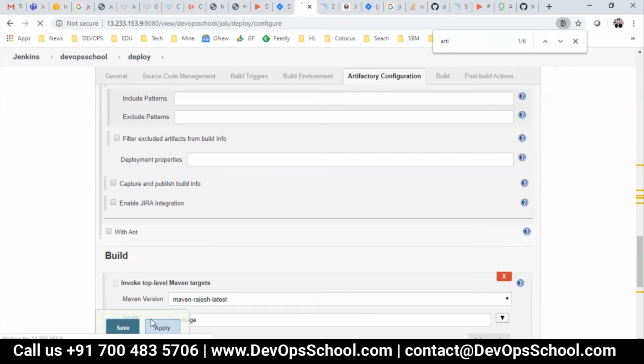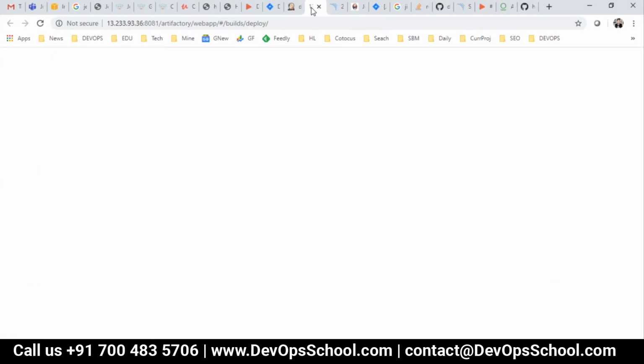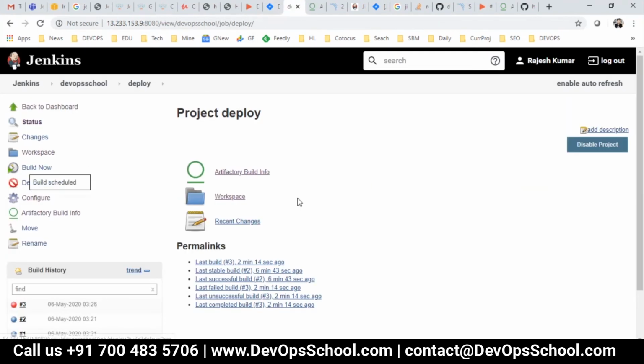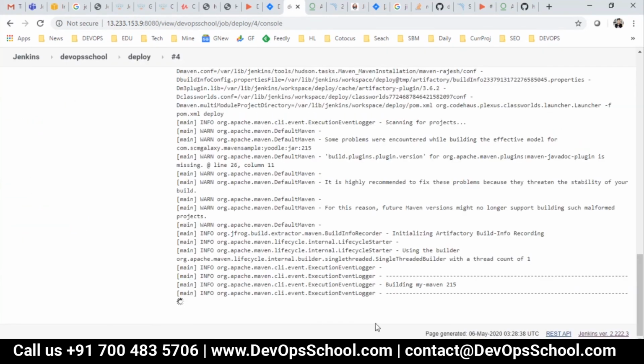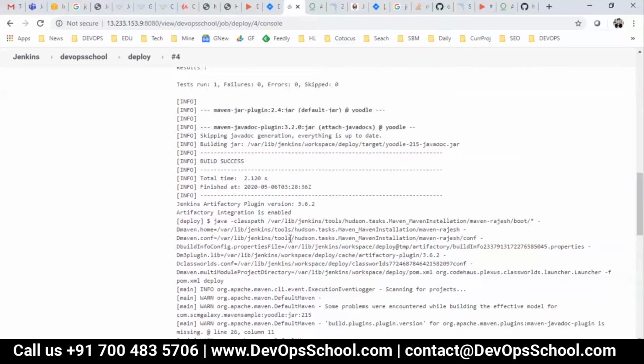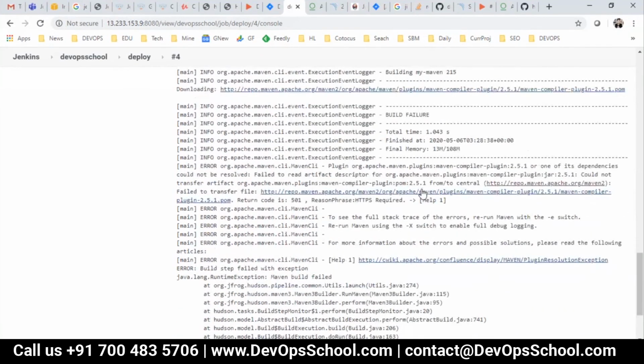And here it is. I set up everything. Now it is showing you the deployer here. Now build it. So this is the way, slowly, if you understand the different tools, integration will be possible. So now it's building and deploying, but again there's some error. But see here, earlier it was disabled, now it's enabled. Now what is the error here?